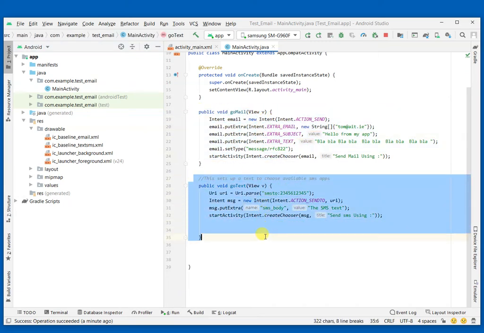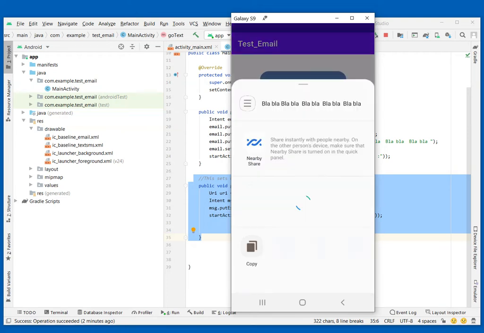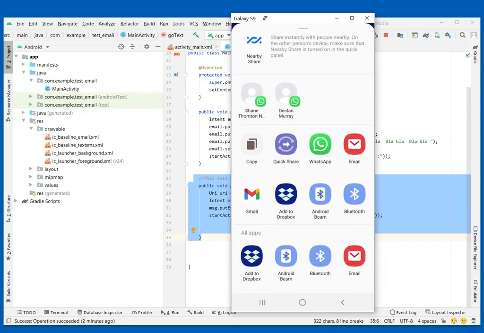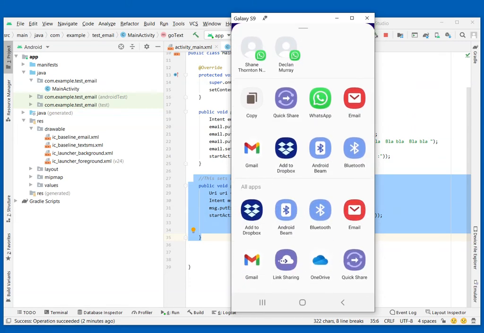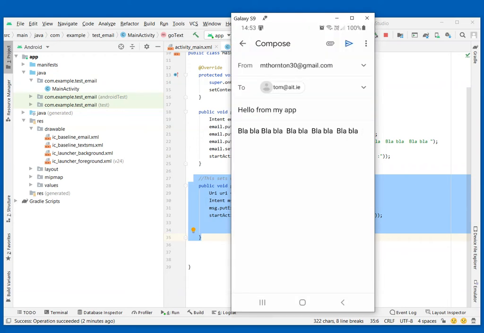Right, so before I go any further, I just run the program. So I'm emulating my S9 onto my real phone onto the screen here now. So if I press, for example, on the email, it's asking me, who do I want to send it to? So I'm going to just go with Gmail, and you can see here now there's some stuff that's been populated,